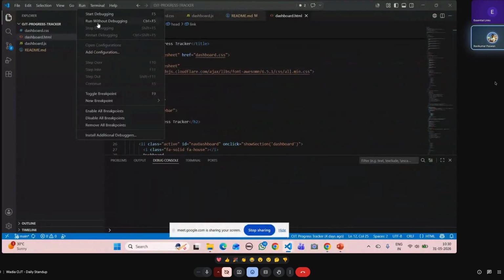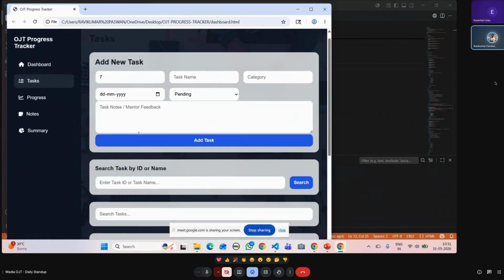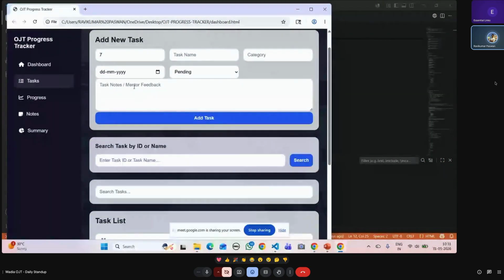I will be running my project, and this is my dashboard, sir, where you can see how many tasks I have added and how many are completed. It also shows the progress report. In the task module, we can directly add any new task. Here, no duplicate IDs are allowed.